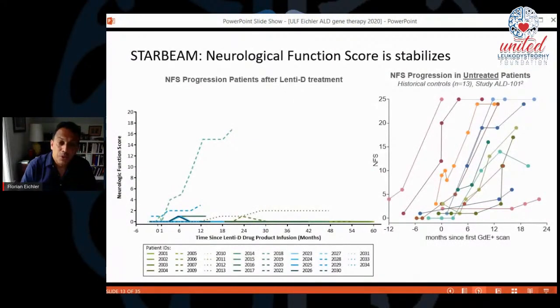The vast majority of the boys did exceedingly well. You can see here the neurologic function scale that Troy Lund mentioned earlier. There was one boy who at the time of enrollment was already progressing very quickly and succumbed to disease progression. And there were two other boys who dropped out of the study after they had some contrast enhancement recur. But the vast majority of the boys remained either asymptomatic or minimally symptomatic, quite in contrast to untreated patients in the historical control group shown on the right. Next.